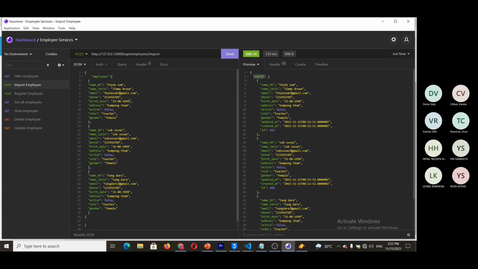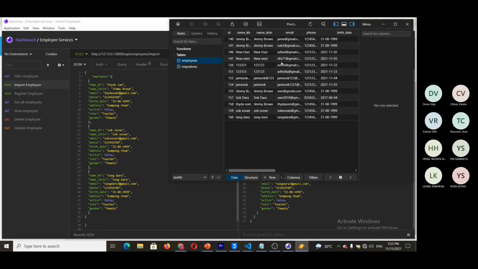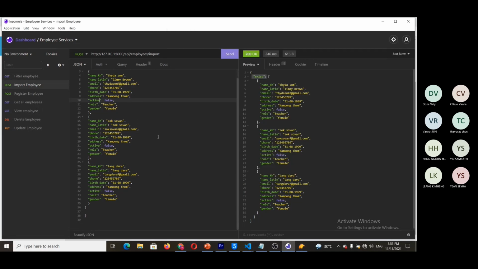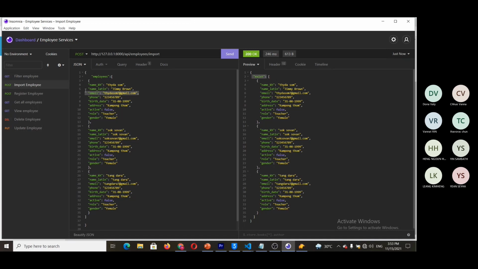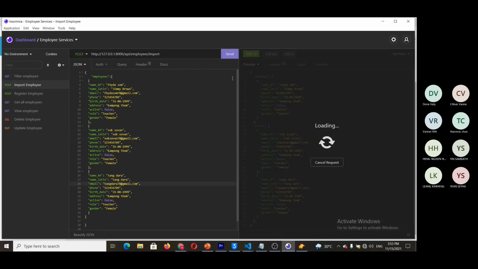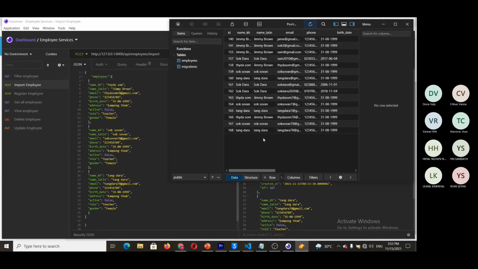But if we send another request with the same data, it will display that it exists because it is already in our database like this. And if we don't provide the specific format like this, we will get the error message that the address we provided is invalid. So yes, let's skip and add another employee like this. I just import. Yes, this is valid, and you can see the new data is coming over here.